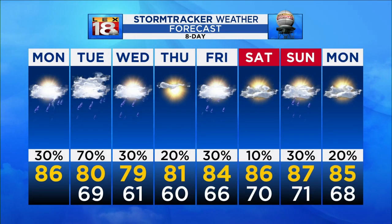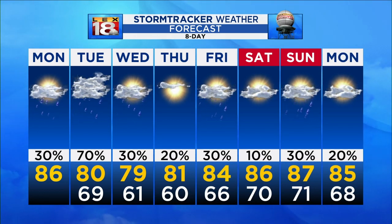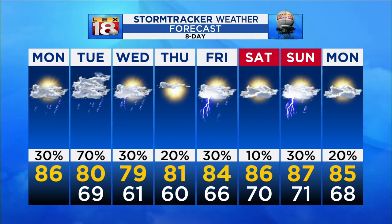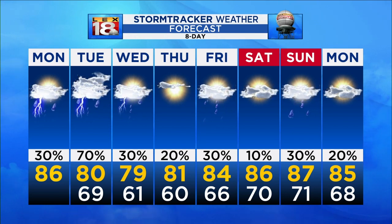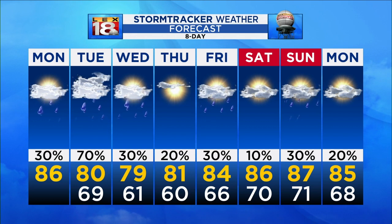So once again, tomorrow your best chance for rain as the front slides through. Doing its job, taking temperatures down, low 80s, upper 70s for a few days. More importantly, the dew point temperature dropping so it's more comfortable. Thursday promises to be an absolutely wonderful day. Of course, there's still a 20% chance for an isolated pop-up, and that's kind of going to be the trend